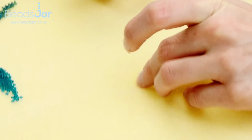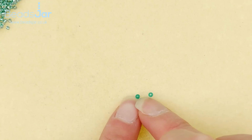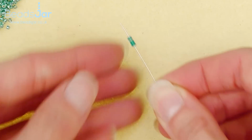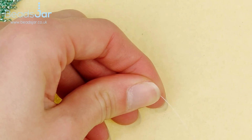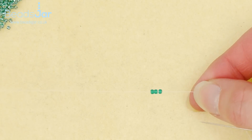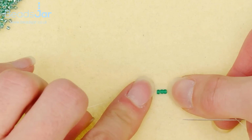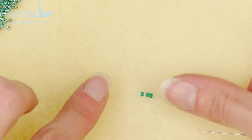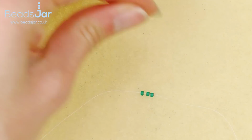For the start of my project, I'm going to go with 3 of the size 11 round Miyukis. I'm going to thread them onto my thread, and I want to leave a tail on the end of this thread of 15 centimetres because this is going to finish the other side of our leaf. So I've got my 3, and then what I'm going to do is pick up one of